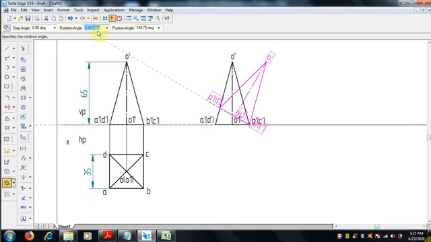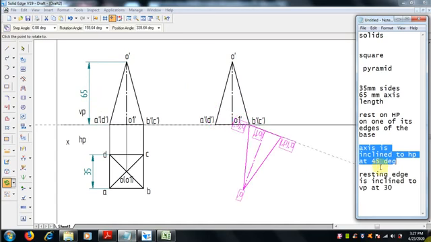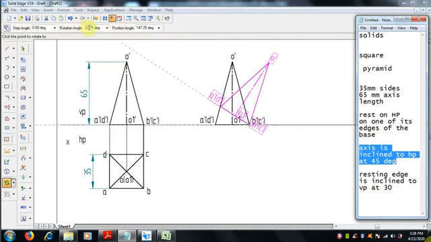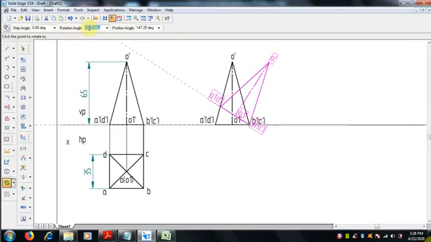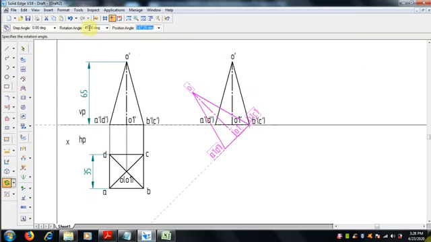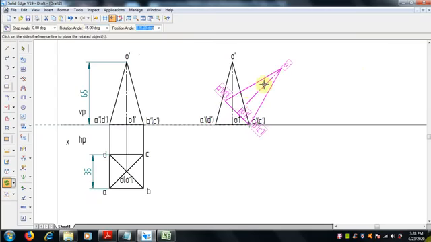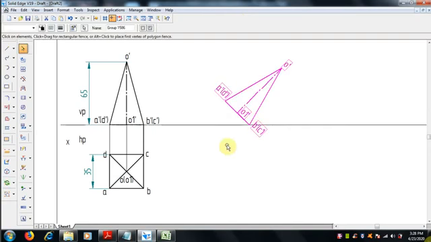For the axis we are selecting the base, but the angle given for the axis is 45 degree. Okay, so the axis and the base have an angle of 90 degree, total 90 degree. So if they give 45 degree axis inclination, then we have to take the remaining 45 degree, that is 90 minus 45. You can check it now, 45 will come for the axis.